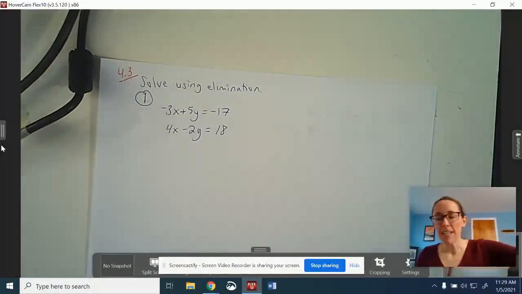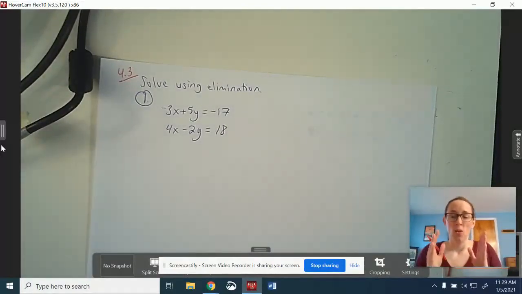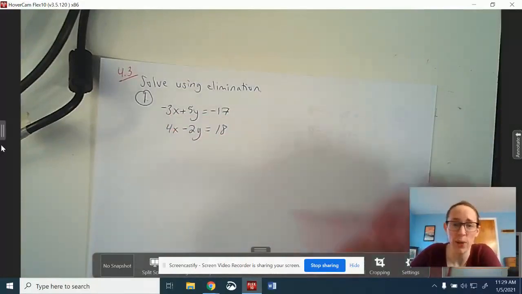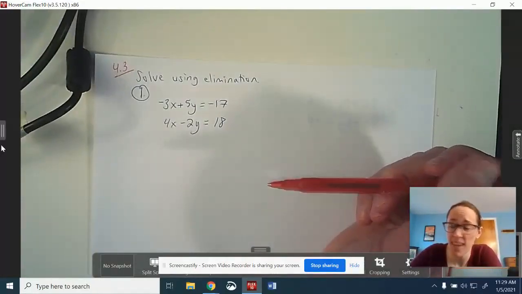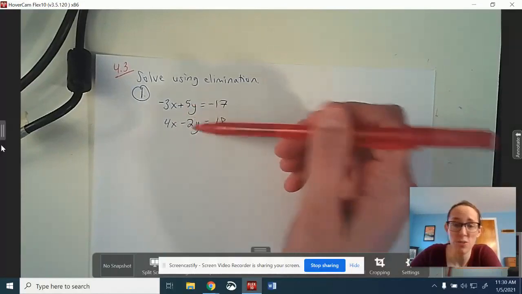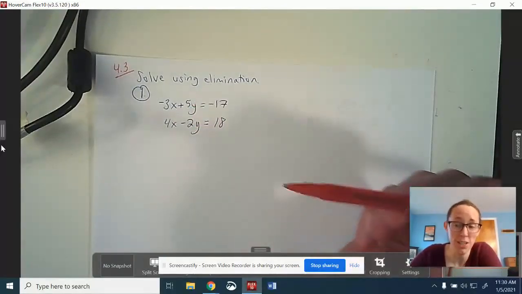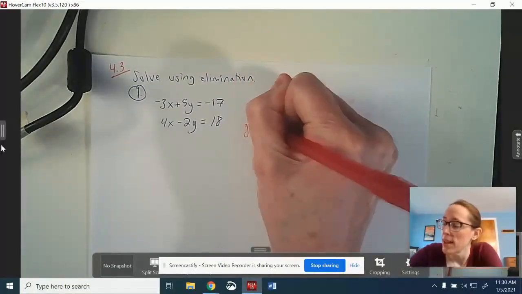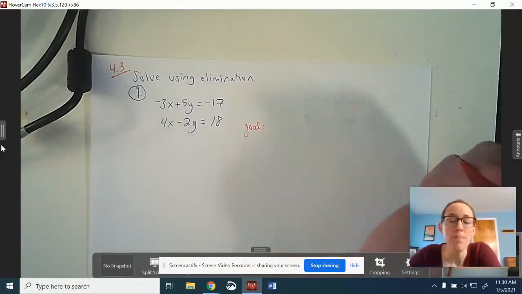Now, here's what's very different about this one. We cannot multiply to turn 3 into 4 or 4 into 3, not easily anyway. It would involve some crazy fractions. And we can't multiply 5 to turn it into 2 or 2 to turn it into 5. It would involve crazy fractions. So what we need to do to get our opposite terms is we need to use the least common multiple